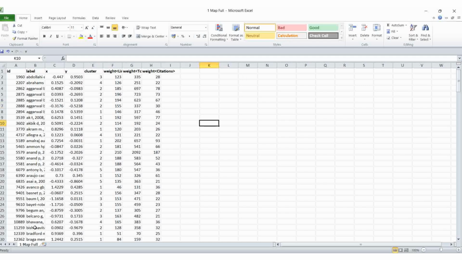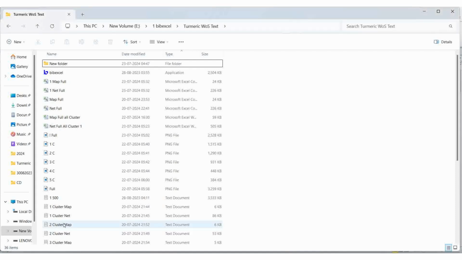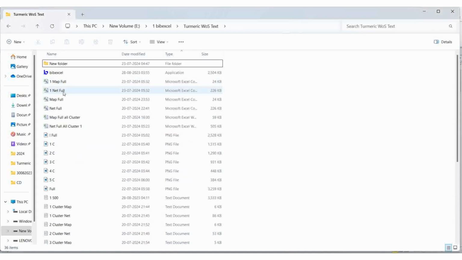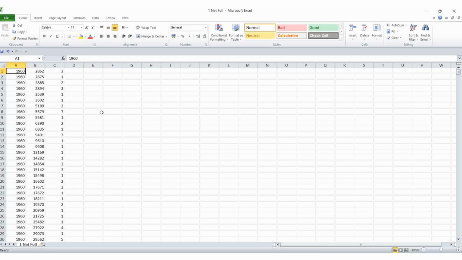So, here we want to serve the cluster wise only. Then we can see the net file. How is it net file? One net. So all the files are in the 1990. Then net file is there. So here